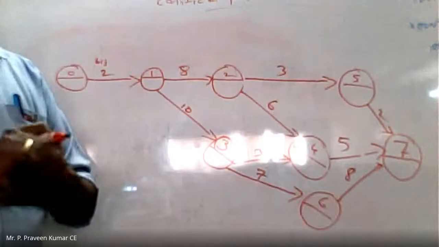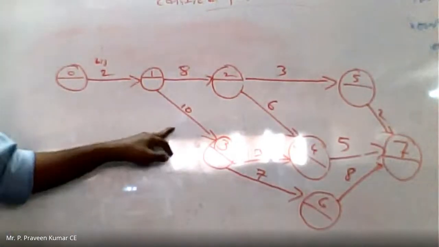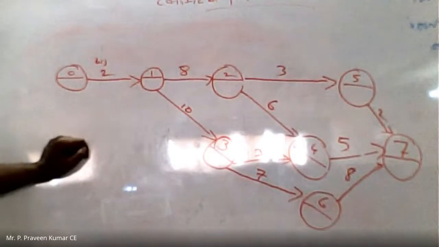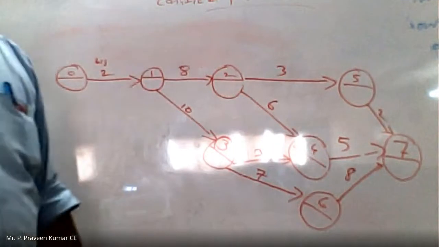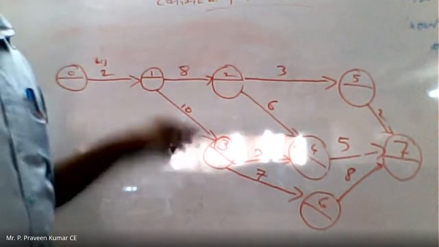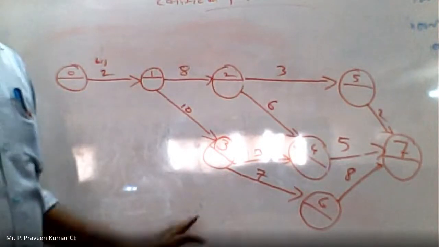Understood, sir. Remaining, please. If anyone is not understanding, please tell me. Again, I will repeat the problem. If you understand this, only then can you calculate the next step. If you are not able to understand this point, then you cannot calculate the remaining part of this network diagram.